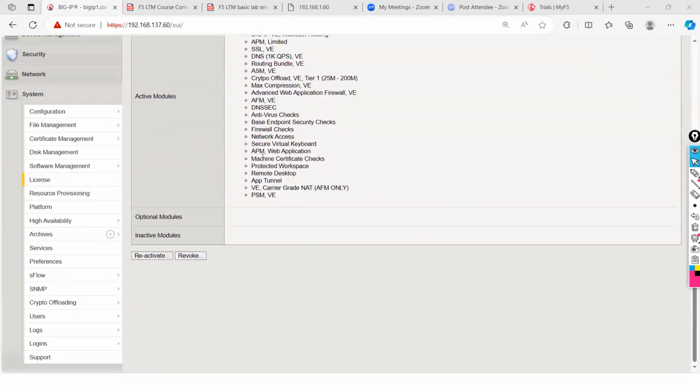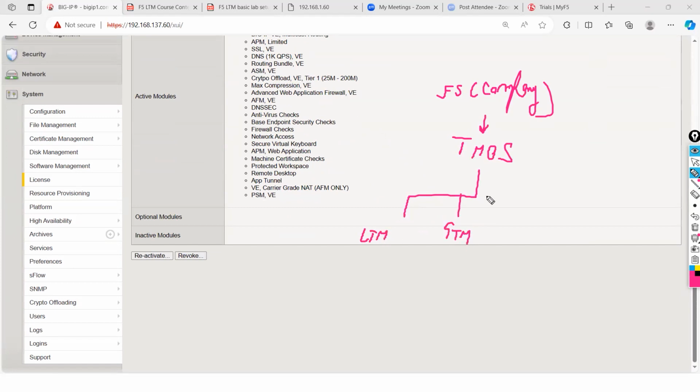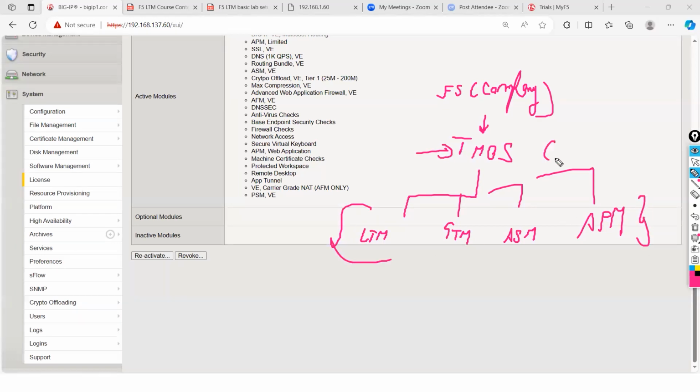ASM, GTM, LTM. See guys, F5 is a company which is having an operating system called TMOS. And all your modules, whether LTM, GTM, ASM, or APM, that is security module, load balancer, or DNS module, all are part of your TMOS and all use the same license.